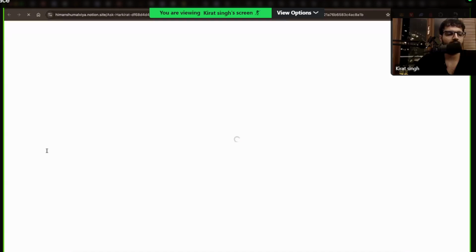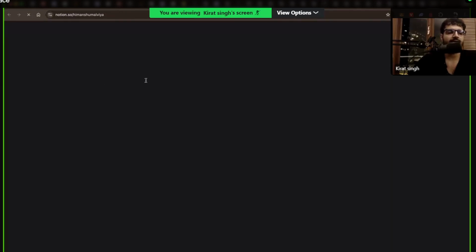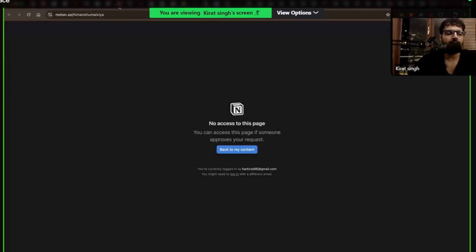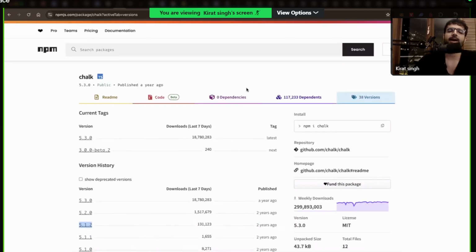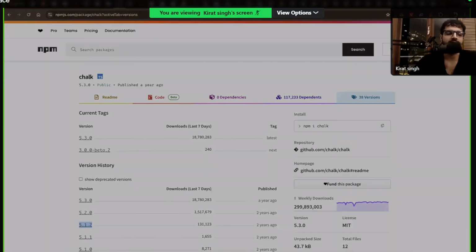Please take a second to answer that. Hi Kirat, what's up? NPM registry equal to NPM package registry, like the NPM official website, npmjs.org, this specific website? Yes, it is like a package registry, just like there's a Docker registry to push Docker images, just like there's GitHub to push your source code. There is the NPM registry to push your NPM modules.